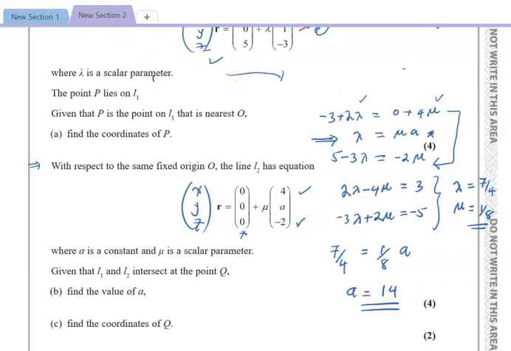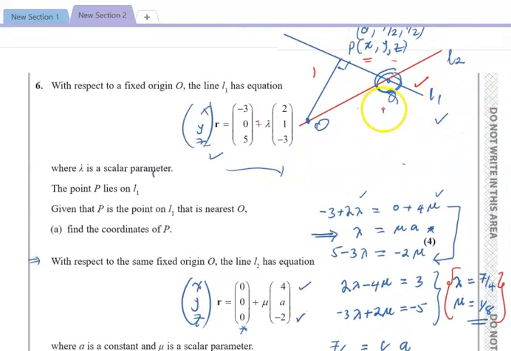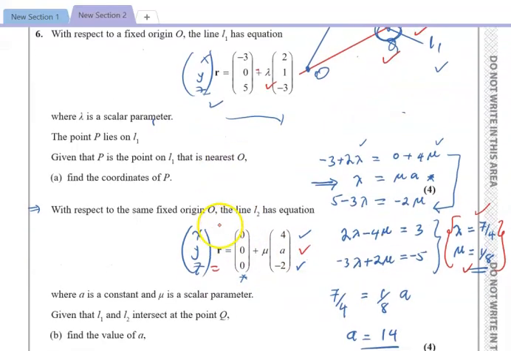Part C of the question is a continuation of what we have done in part B, because they said Q is a point of intersection. But we've just found out that lambda is 7 over 4 and mu is 1 over 8. At that point of intersection, at point Q, the value of lambda is that and the value of mu is that. So I can either use this equation or this equation. But I should use this equation because it has 0 here. So that means our point